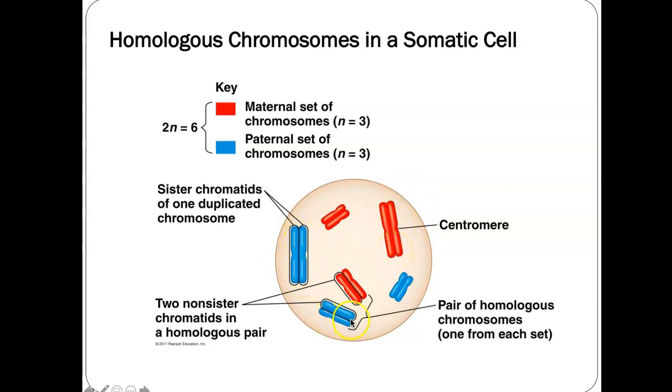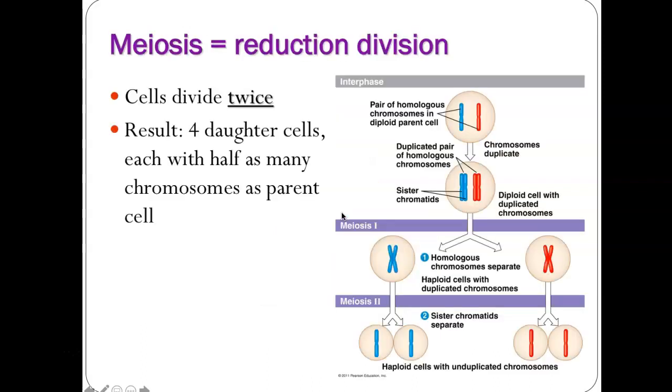If you look here, and then here, these are the same length, so those are the same chromosome. One came from dad, one came from mom. They have their sister chromatid attached to them because replication already occurred and they're about to divide. And then here you would match these up as homologous chromosomes, one from mom, one from dad, and they have their copy with them.